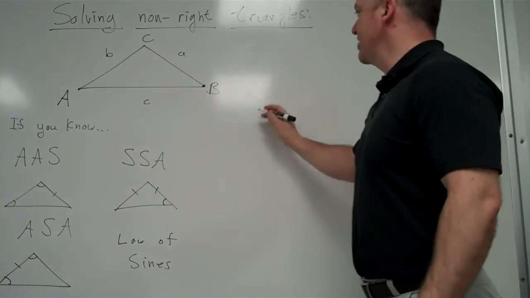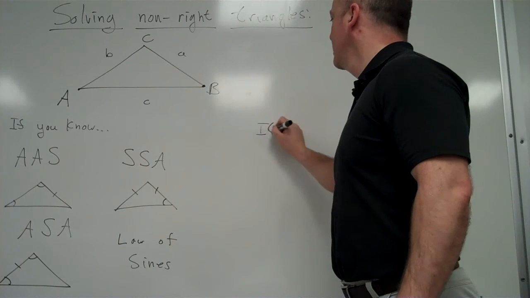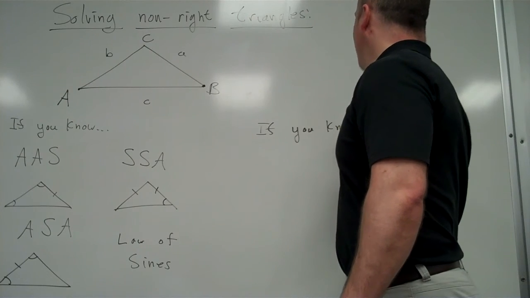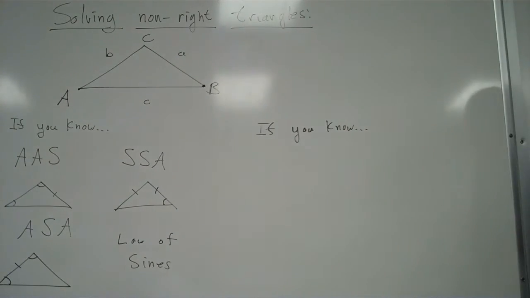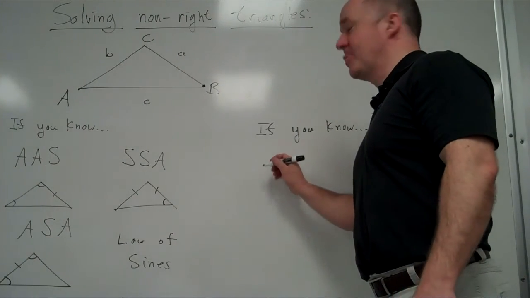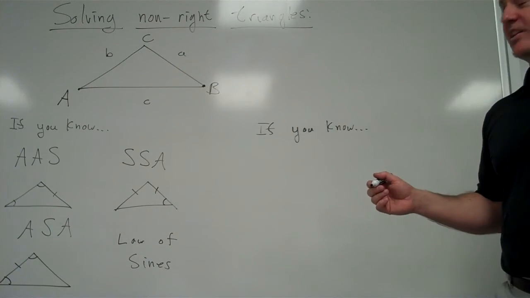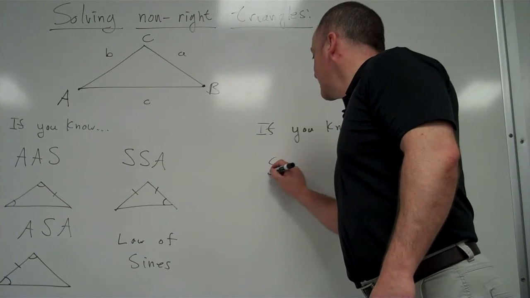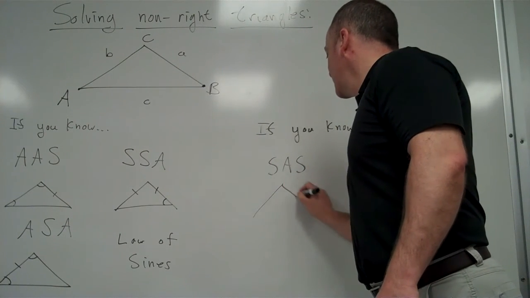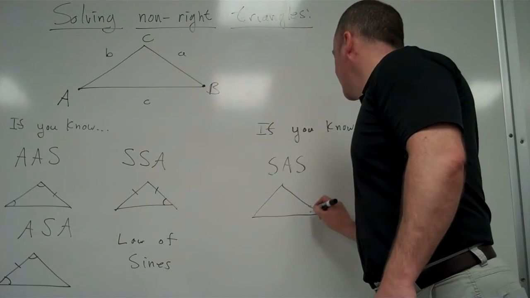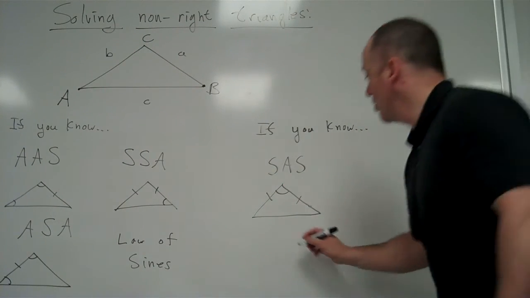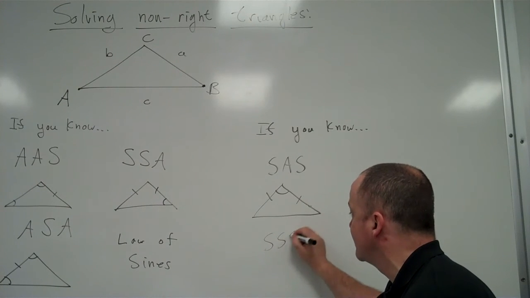What's left to know about a triangle? What are the other pieces of information you could be given? If you have to be given three pieces to solve them: angle, angle, angle, side, side, side, and one other one. Side, angle, side. That covers it, actually. If you know side, angle, side, and this very specifically refers to knowing two sides and the angle in between them, or if you know side, side, side,